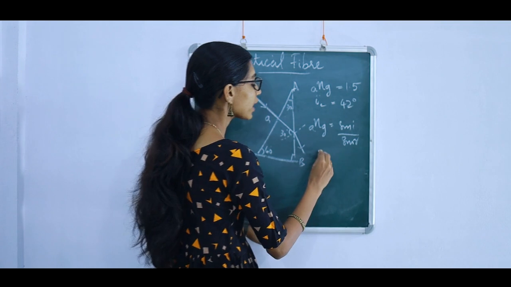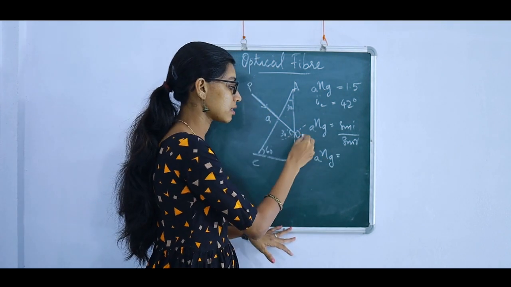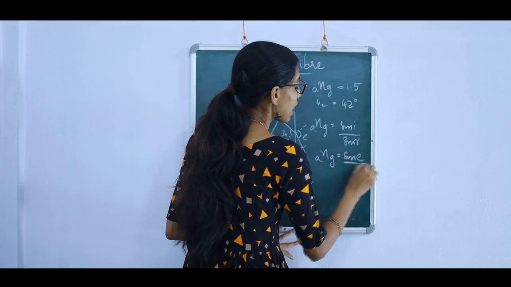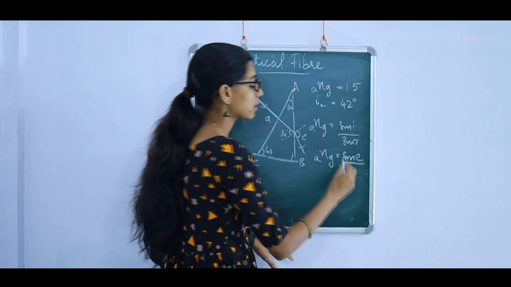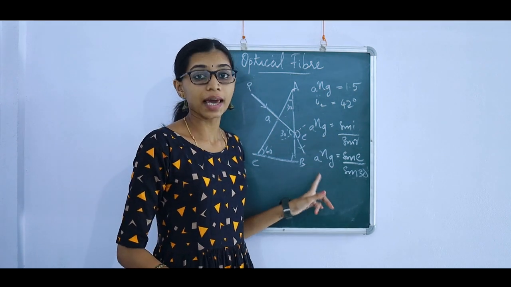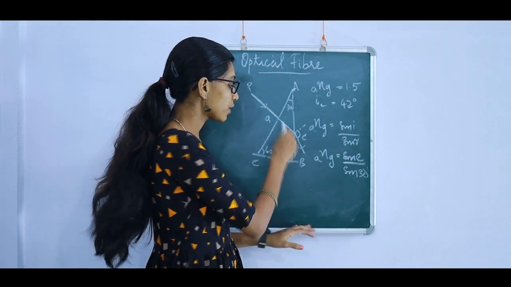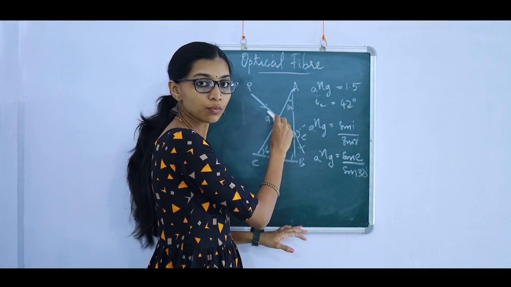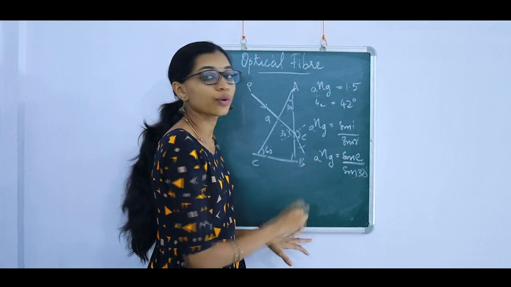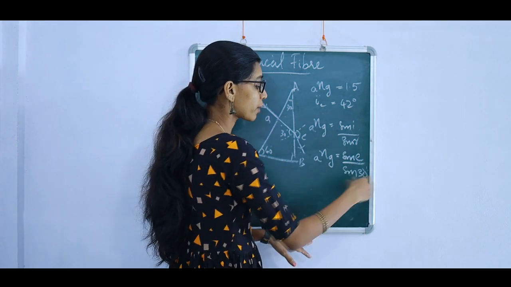So that means when I write NGA, sin E will be the angle of emergence, and sin R will be sin 30 degree, because NGA means the ray going from air to glass. So this ray, if I retrace it, it would take this path. So this we are going to take as angle of incidence, and this we are going to take as angle of refraction. So now we have to solve this.